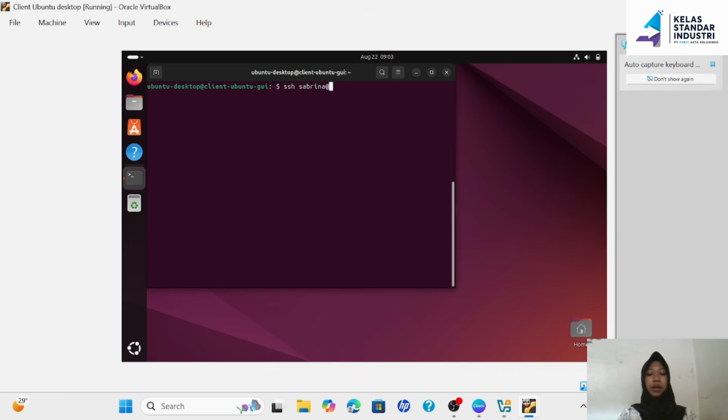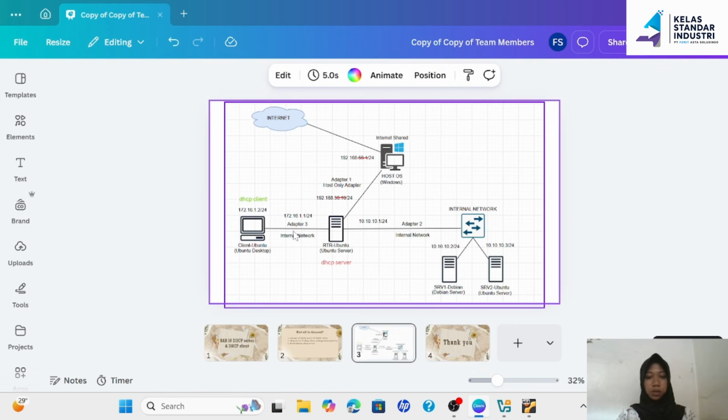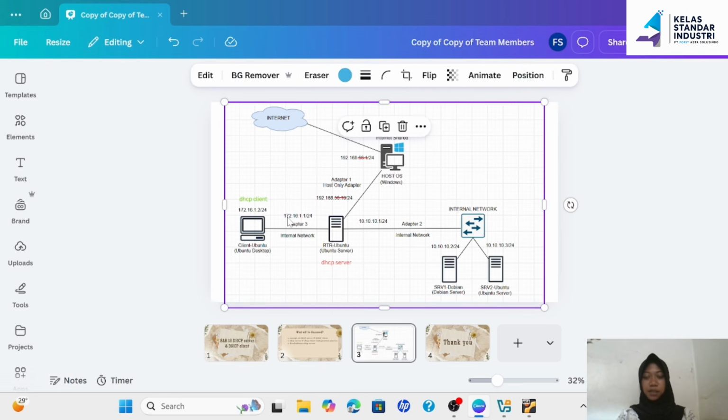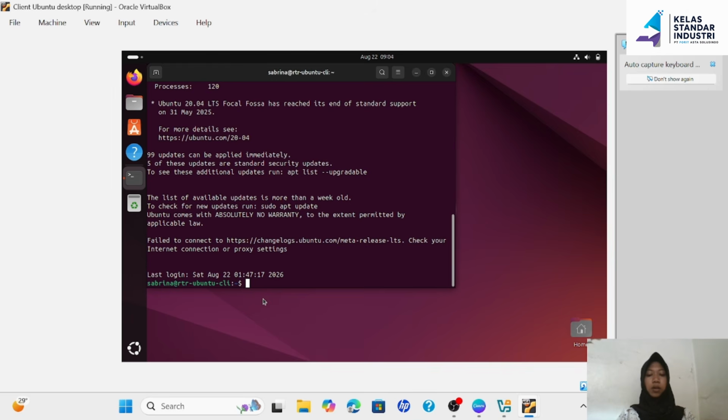Since the router and the client are connected to adapter 3, we use the IP address 172.16.1.1 and enter. Okay, now we are already inside the Ubuntu router, friend.